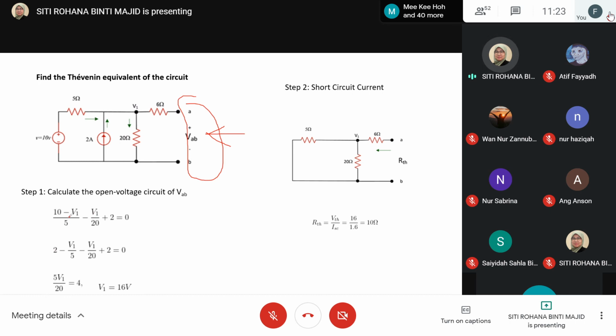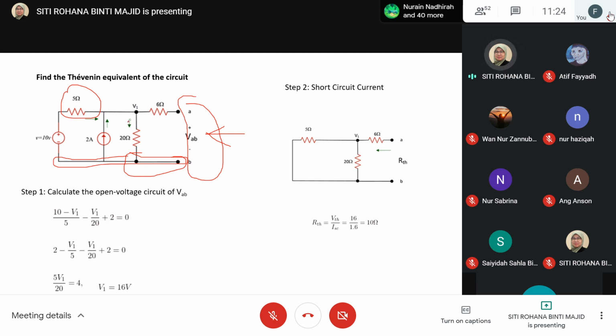So 10 minus V1 over 5, why 5? Because it only crosses this part, minus V1 over 20, and this one is the ground terminal. So V1 minus 0 over 20,